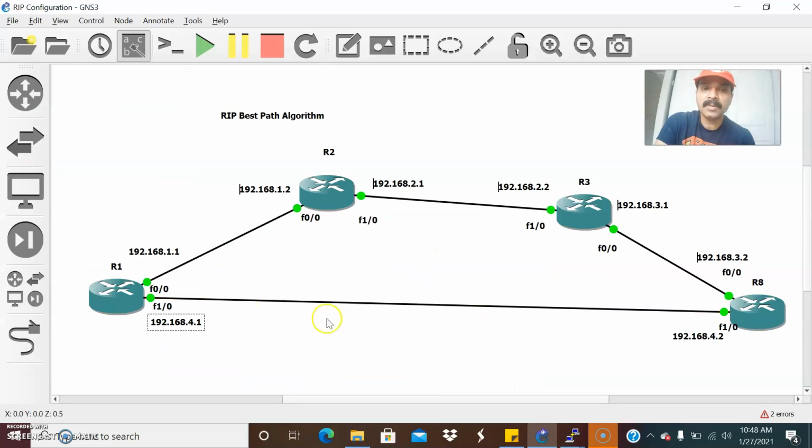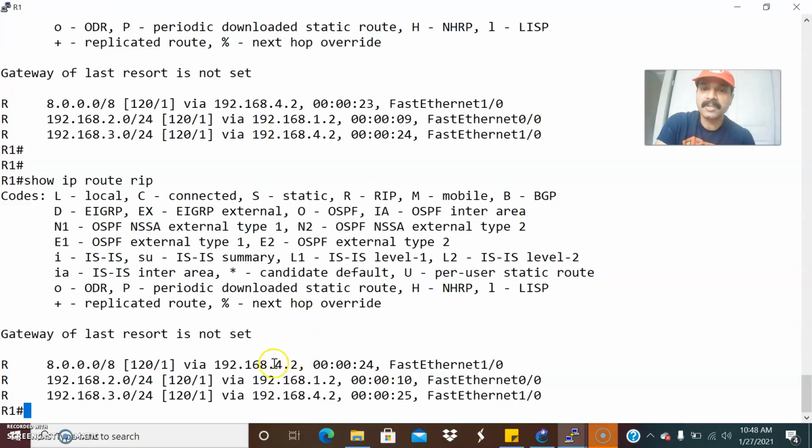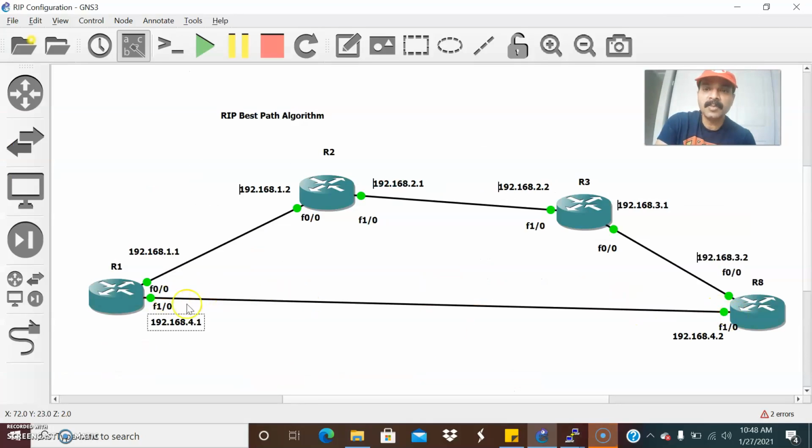And this is 4.2. It is reaching via this interface. That's the next hop. It is showing 4.2 and the corresponding interface FastEthernet 1/0, right? So it always uses the best path algorithm. So in case, assume in both the interfaces we shut down, now you can see the difference, which path it will then select. Even though there are more hops, when I shut down it will take this path to reach R8. So in practice RIP always uses the shortest path, that is the best path with the least number of hops away from the neighboring router.